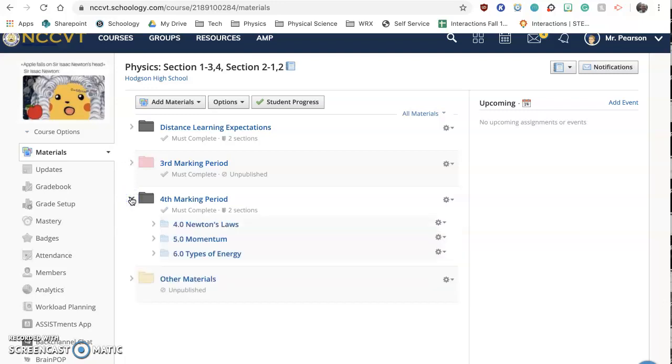All right, this is where it's going to start to look a little bit different. My physics guys, you can see I have our next three units in there. Physical science, going to look a little bit different, but the same general organization. All right, I'm going to keep your due dates as much as I can so they're popping up on the right hand side and giving you those reminders.